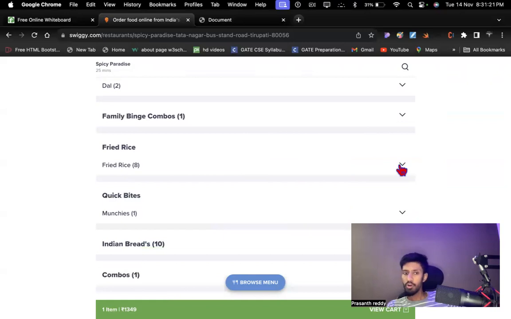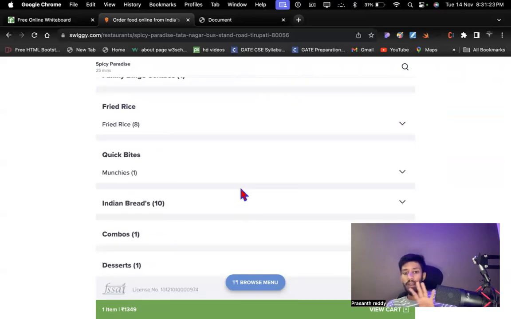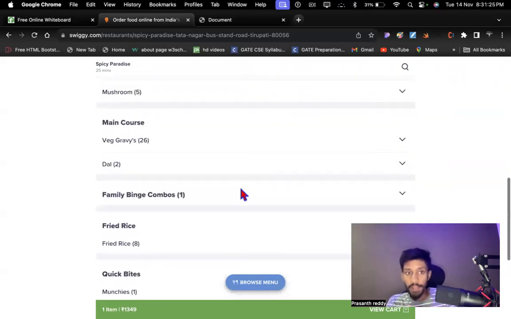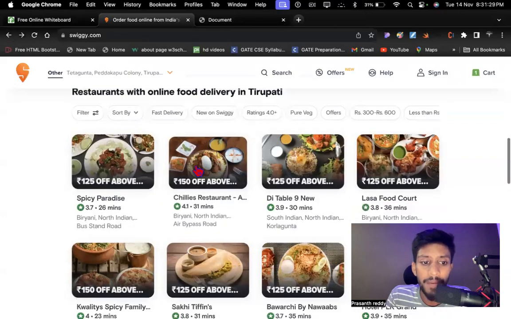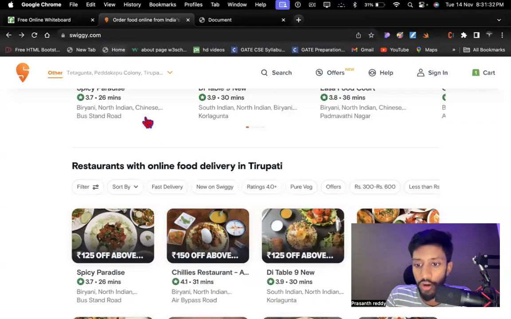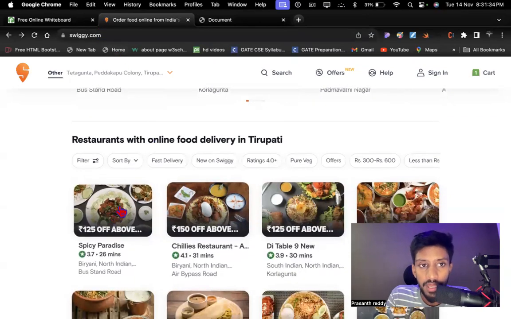Like fried rice, you can go and buy it here. It's like a menu, right? Okay. So once I click on this, understand carefully, guys, what's happening here. See, swiggy.com. Once I click on this, see,